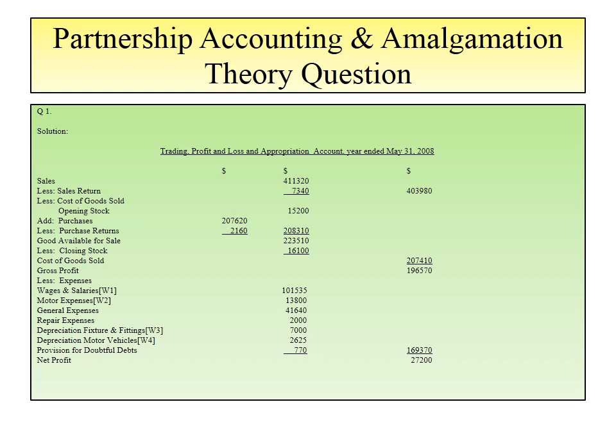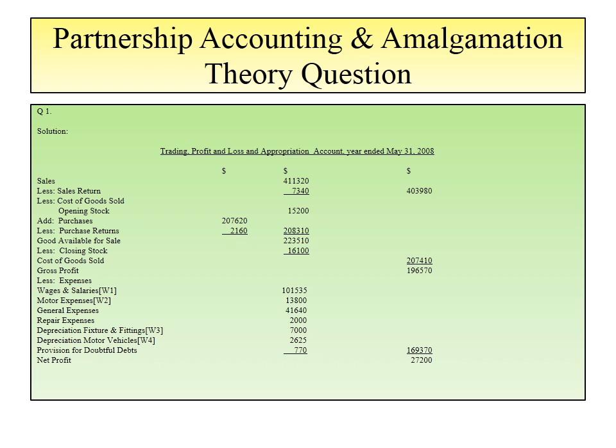From this net sales figure we are going to deduct the cost of goods sold, and how to calculate cost of goods sold is given below. Opening stock was 15,200, and total purchases for the year was 207,620, and purchase returns of 2,160 are deducted from this, and we get net purchases of 208,310. If we add 208,310 to opening stock, we get goods available for sale